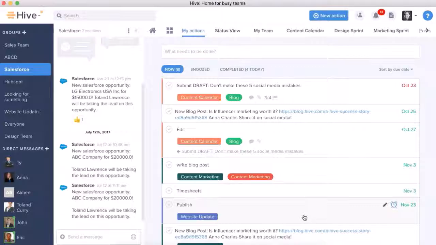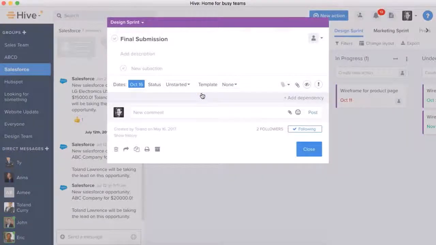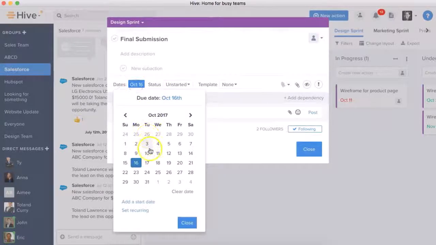Next, let's look at how Hive can help you drive your projects forward. Nothing is more frustrating than feeling that projects are dragging. Hive can help you with this. Every action in your team's project is represented by a card. These can be as simple as to-dos or as powerful as having due dates,